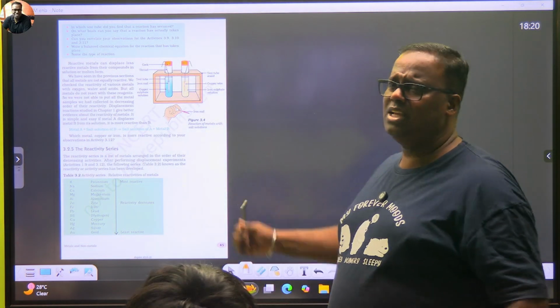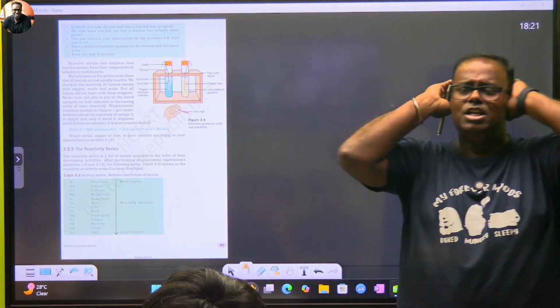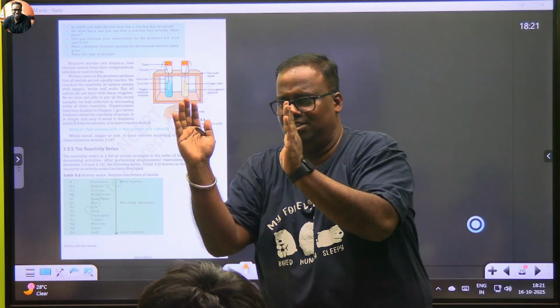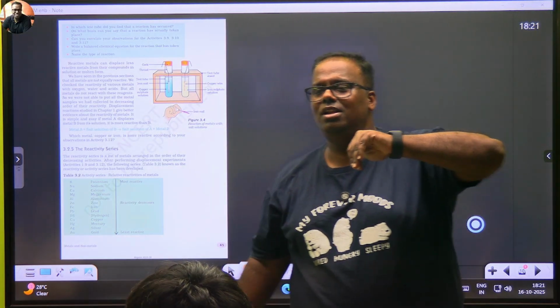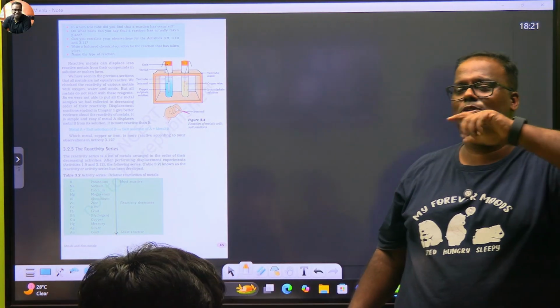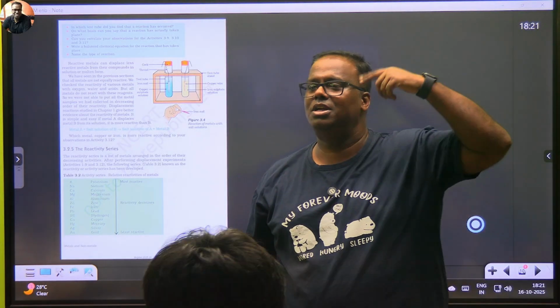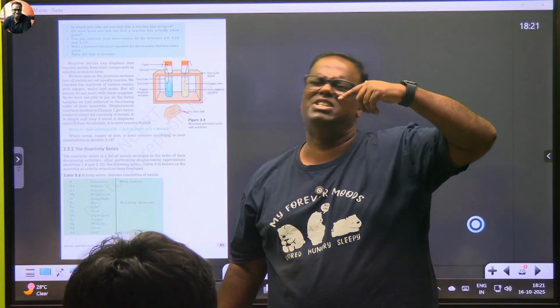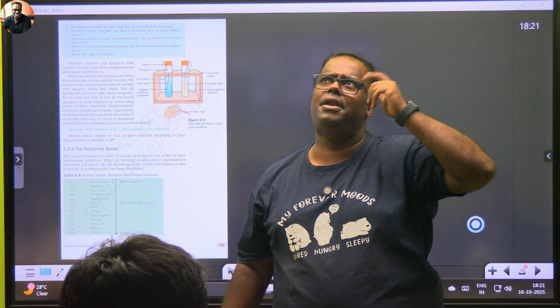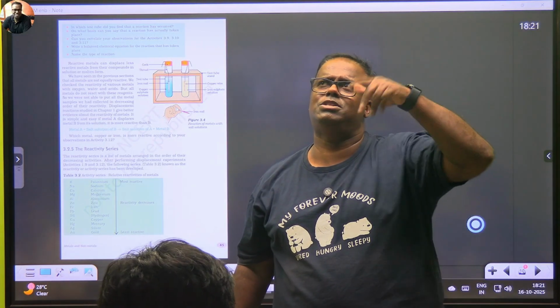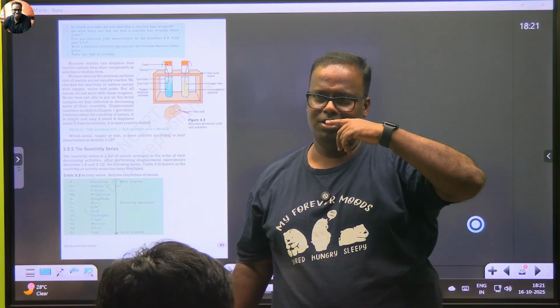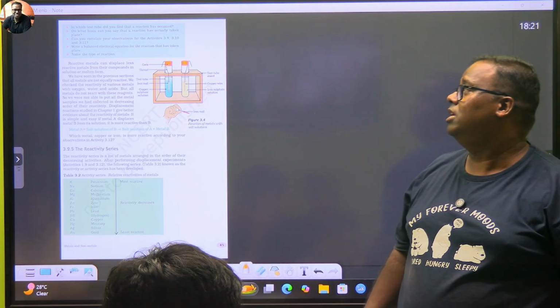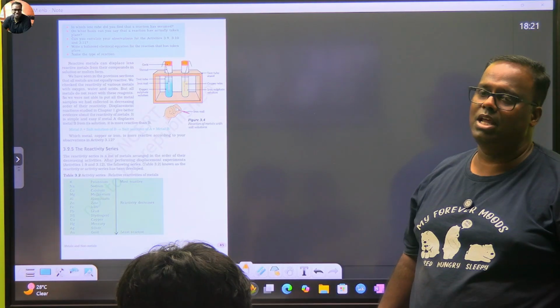Reactive metals can, it should come in your mind. Metal and metal solution. Displacement will happen. A more reactive metal, once I say displacement, you will be able to answer because your trigger has happened. What is a displacement? A reaction in which a higher reactive metal displaces a less reactive metal from its salt solution is called a displacement reaction. The trigger should happen first. Metal reacting with metal solution. So we have reactive metals can actually take out.